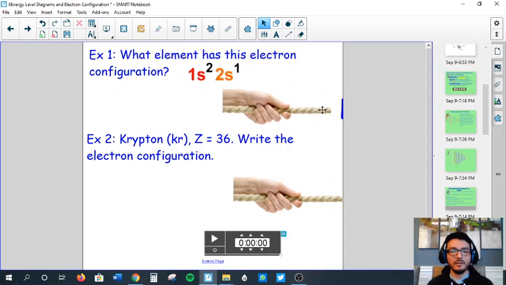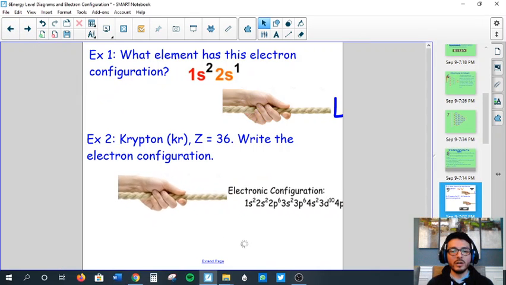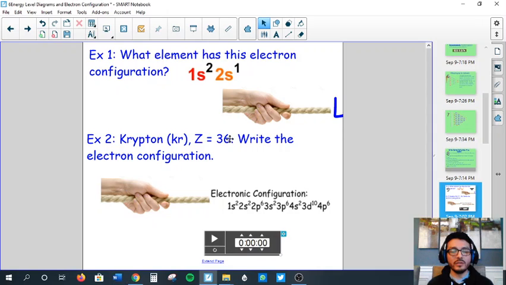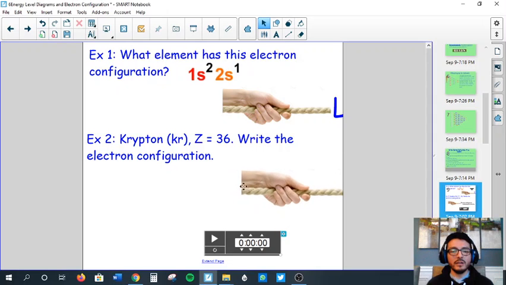I think I moved that too. I'll fix that later. Okay, now you can probably appreciate that this might take a little while to write, and that's only for element 36. And if you're asked to continue along the periodic table, it would get pretty long and maybe tedious to write